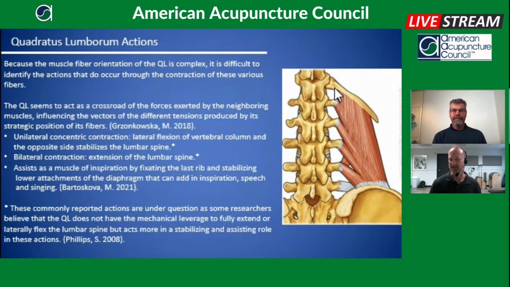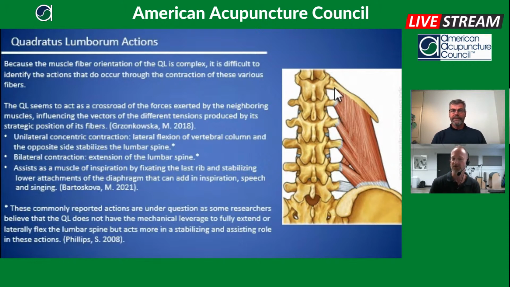At the same time, it can stabilize the spine. So there are probably and potentially a lot of stabilization roles, and that's what the research seems to show. Extension, some sources say extension. Well, it doesn't really have good leverage to do extension, but it has leverage to help with extension, with the erector spinae. You can see a lot of different rotational aspects based on the fiber direction. So really what it seems like, like what Matt mentioned, is more of a cross-link, where it's helping and assisting more functional units of structures that are moving together.